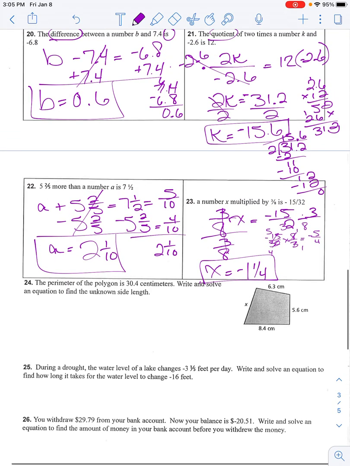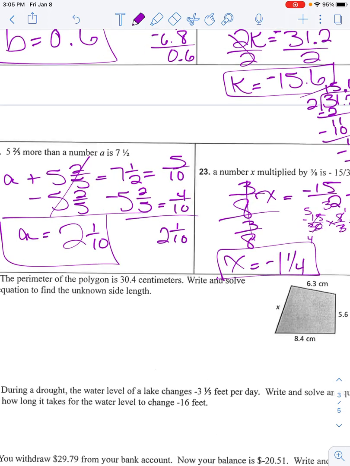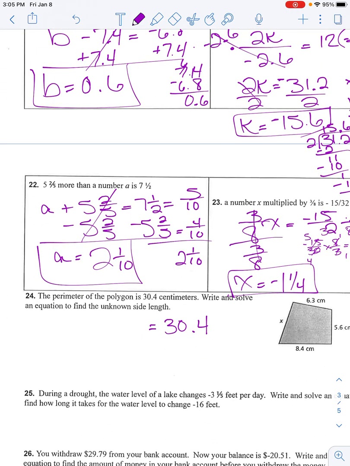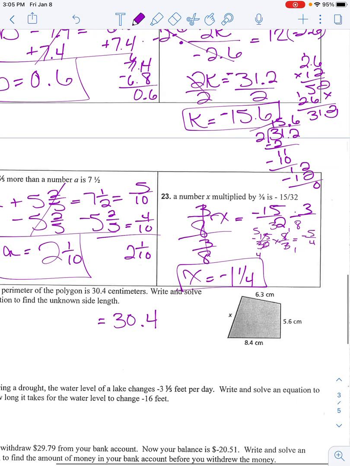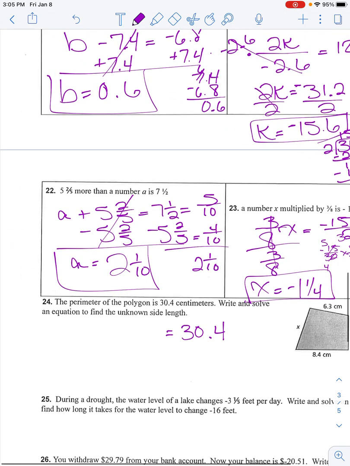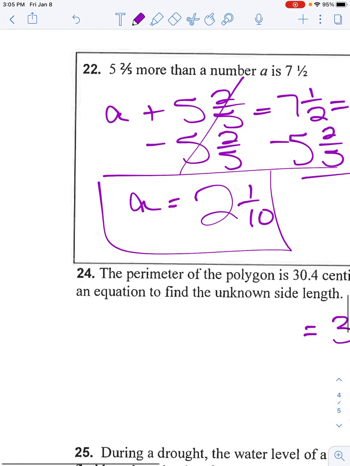Alrighty. Last few are word problems. The perimeter of this polygon is 30.4. There's my is, there's my equal. Write and solve an equation to find the unknown perimeter, distance around it. So we're going to add up all those sides. So we have